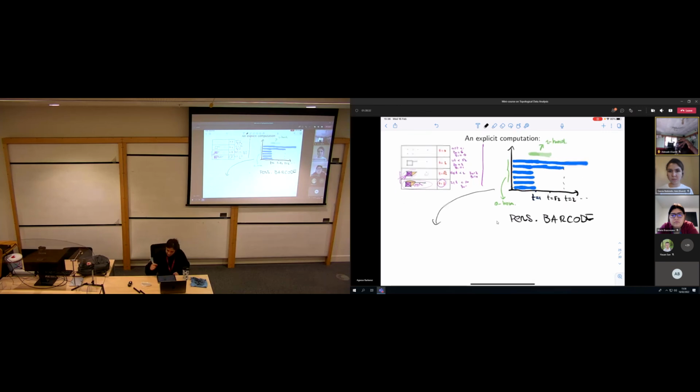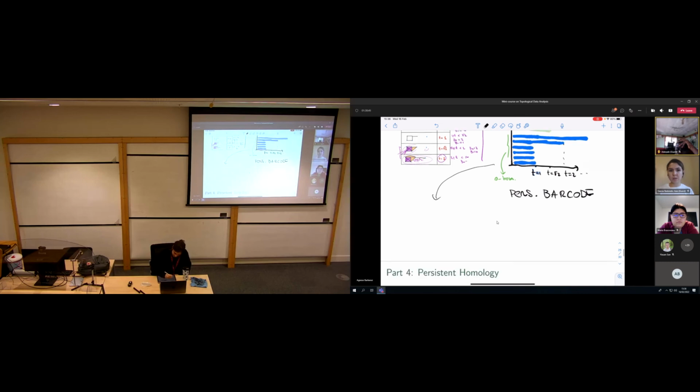As with everything I said, there's an algebraic way to define this object. Everything works fine, and everything is well defined, and you can do computations on it. This is just to give you an idea. Similarly, you can draw a so-called persistent diagram